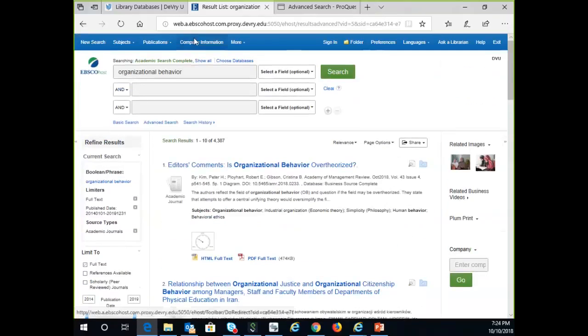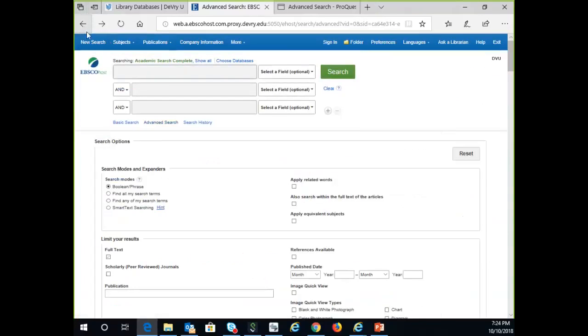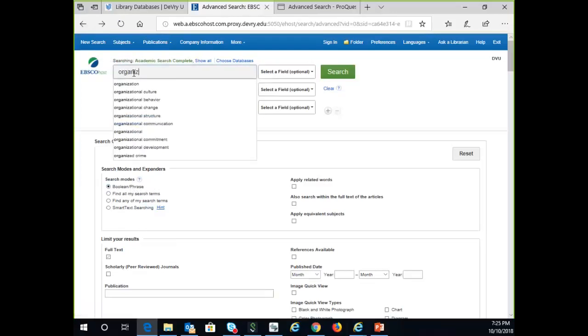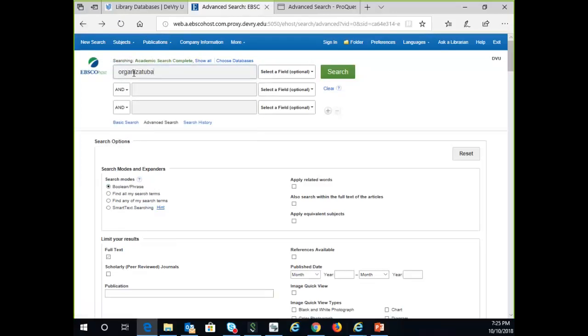But here's something, I jumped in almost too fast. Let me back up a few links because I wanted to show you, from this page, what's going on under the hood. That's why I mentioned those Boolean operators, because these are the search modes. This is what I'm doing when I'm doing my search. The default search mode, and it's a good one, is that it's either using the Boolean operators, or it's going to expect a phrase. So, for instance, when I type in organizational behavior,